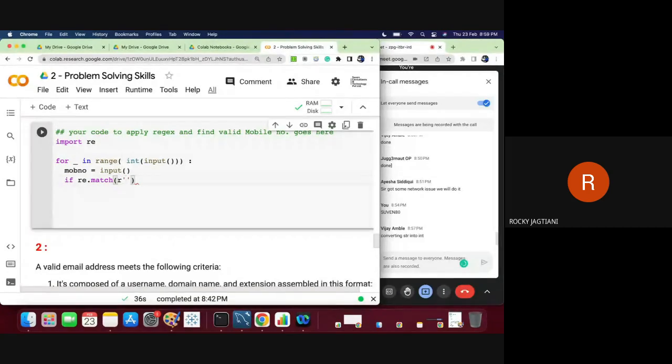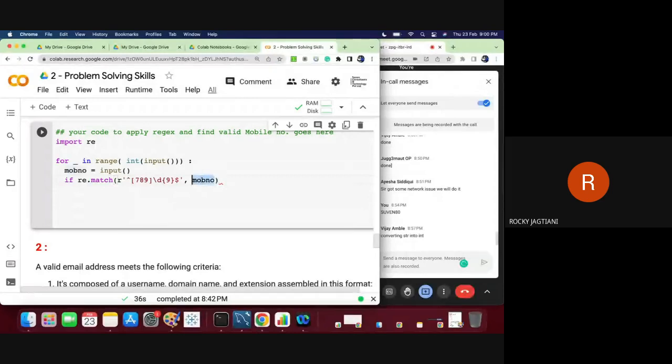raw string. In the raw string, you are telling me that I have to check that my number starts with 7, 8 and 9. Yes, checked. Followed with digits, how many digits? Followed with up to 9 digits and it should even end with that. Listen carefully, it should be ending with that. Yes sir, understood. Okay,